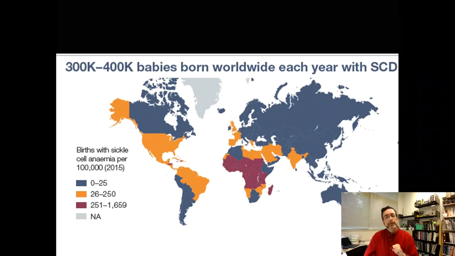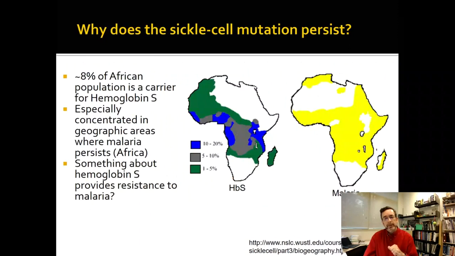Here's the geographical association of the gene with malaria prevalence. You can plot out malaria prevalence in yellow, and you can show where the gene is in the colors on the left side. And it turns out that it's the same pattern: 8% of the African population carries at least one gene. So this made people say there's got to be a link, and malaria lives in red blood cells. So it seems reasonable that messing with your red blood cells a little bit might keep the malaria out. The problem is, when you mess with them a lot, you have other problems. You have the sickle cell problem. And so this was a hypothesis.